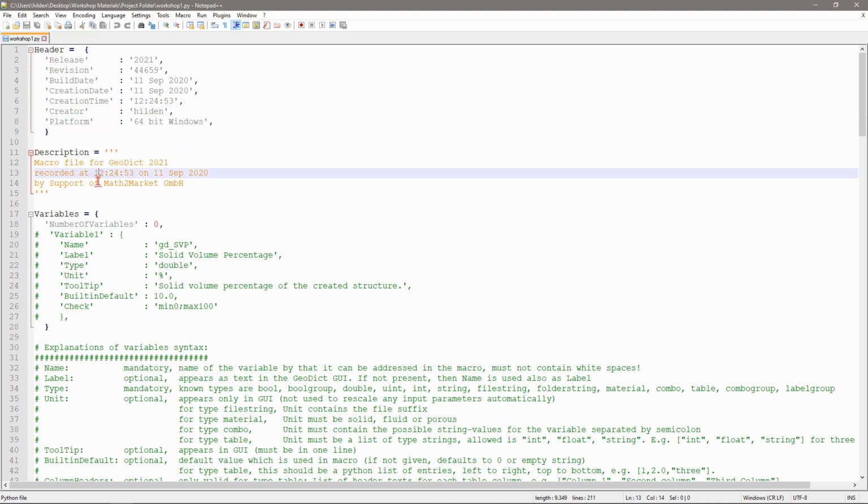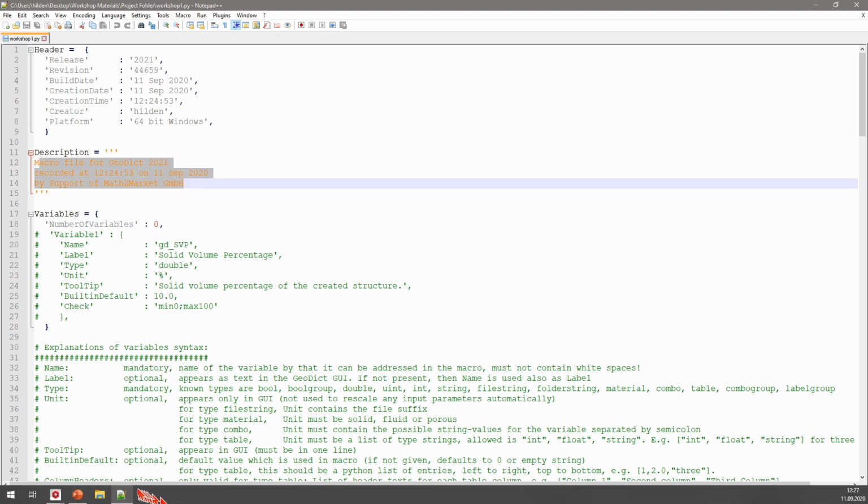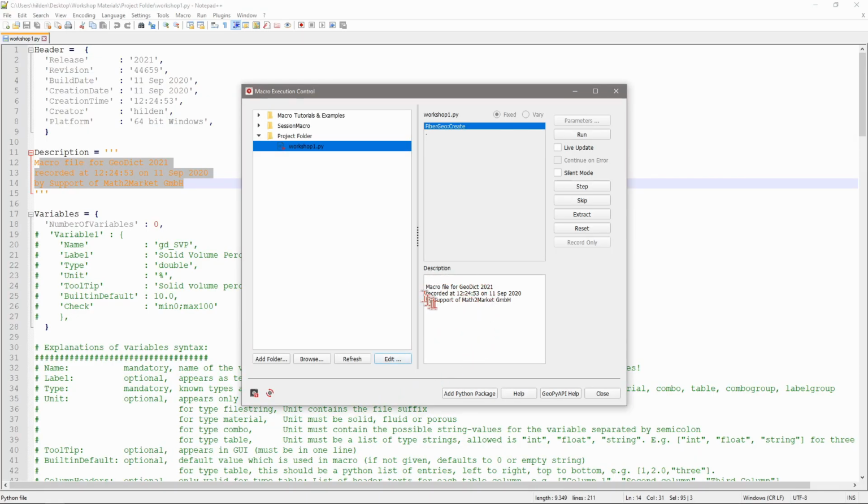Afterwards, we have a description. By default, it gives only some information that is also contained in the header. And this description is displayed in the macro execution control here in the bottom right panel.